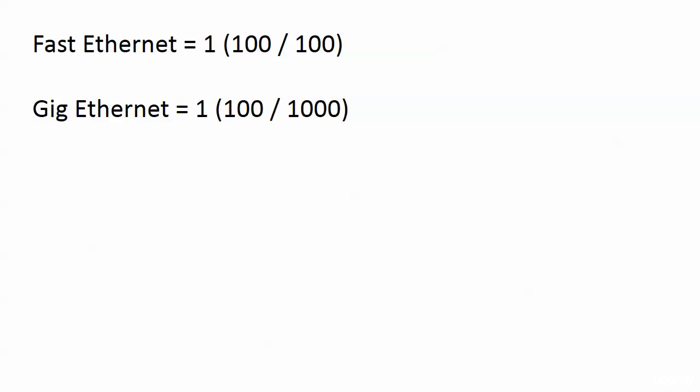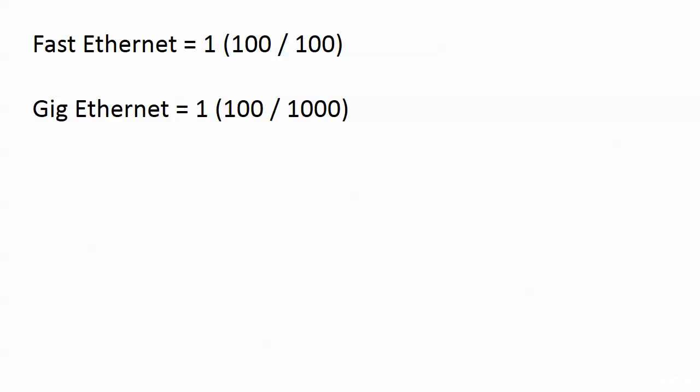Now 100 divided by 100, that's how we get the fast Ethernet. If you use my little method there, it's 100 meg divided by 100. That's the speed of a fast Ethernet port. That gives us 1. Gig Ethernet is going to be 1, but the actual formula here, pardon me, would be